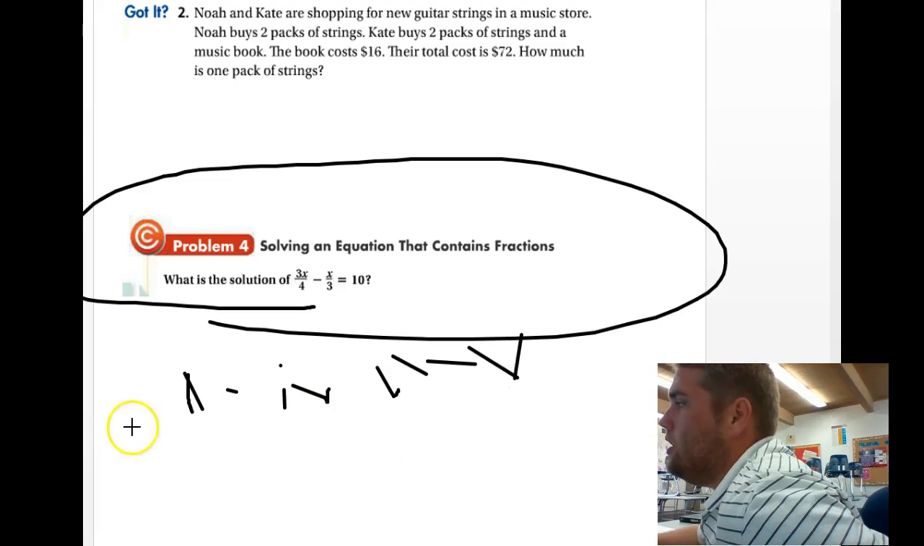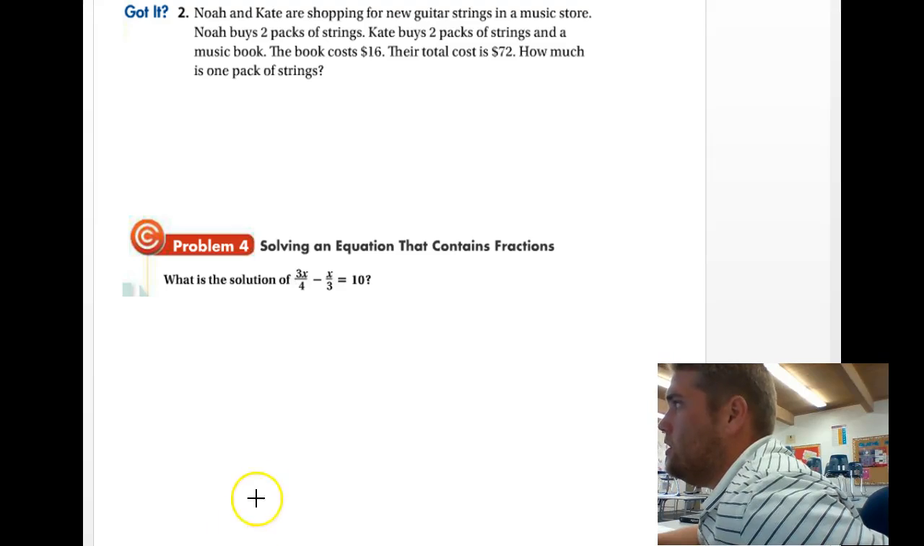I don't know what is going on with this writing here, but that was just awful. So we're going to go